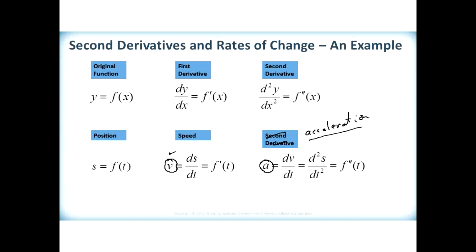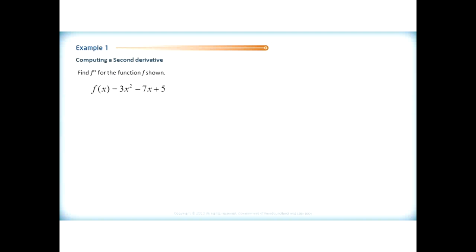But it's important for us to realize that all these things we do with graphs and derivatives and stuff sometimes do actually have some real world meaning, depending on how you apply them. So let's take a look at a quick example. Just a nice simple polynomial here. Find the second derivative. So very easily, f prime of x will be 6x minus 7,